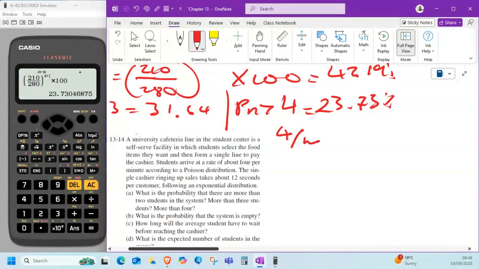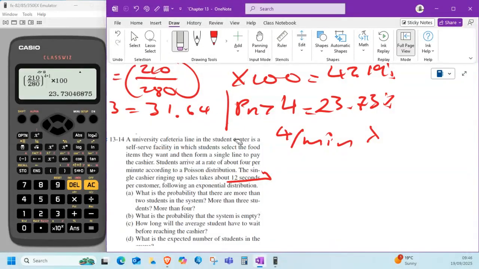So that is your arrival rate, and then this one now is your 12 seconds. It's your service time. It takes the cashier 12 seconds to service one customer. So that is over 60, and then